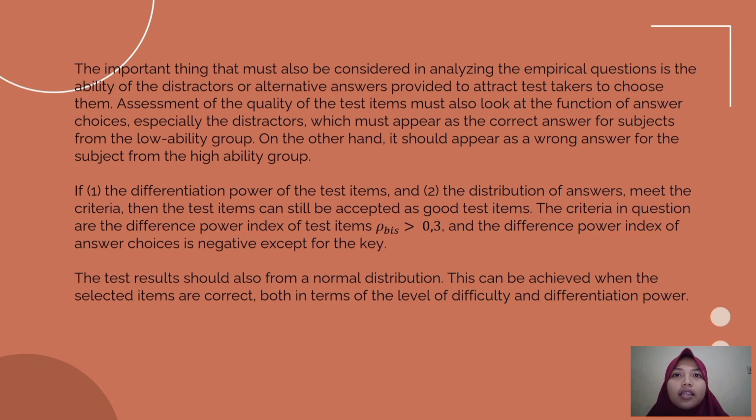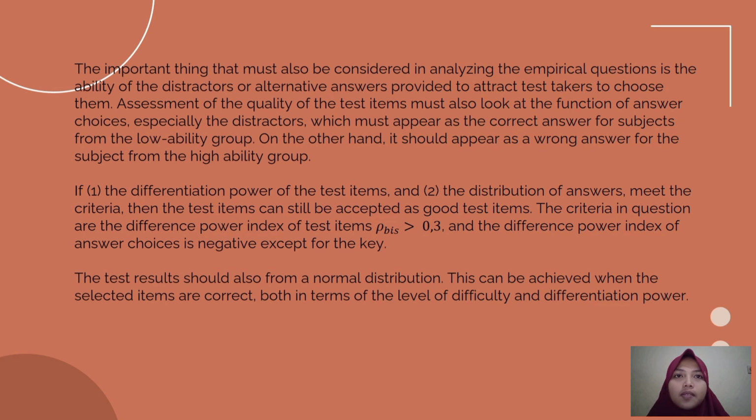Assessment of the quality of test items must also look at the function of answer choices, especially the distractors, which must appear as the correct answer for subjects from the low ability group. On the other hand, they should appear as a wrong answer for subjects from the high ability group. If 1. the differentiation power of the test items, and 2. the distribution of answers meet the criteria, then the test items can still be accepted